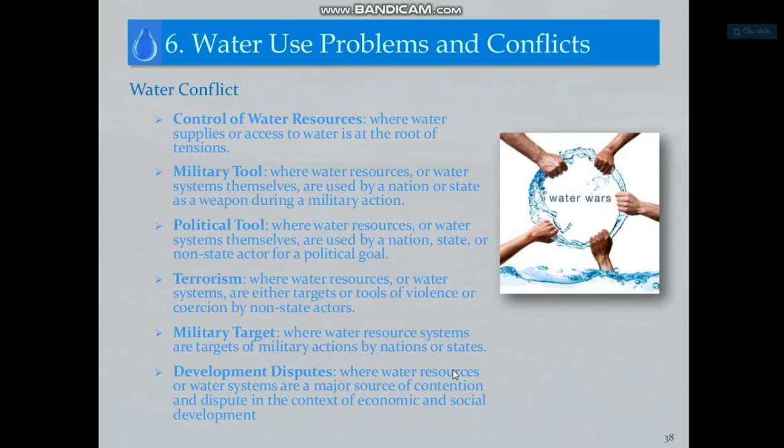Water use problems and conflict. Water conflict: control of water resources, military tool, political tool, terrorism, military target, and developmental dispute. Control of water resources, where water supplies or access to water is at the root of tension. Military tool, where water resources or water systems themselves are used by a nation or state as a weapon during military action. Political tool, where water resources or water systems themselves are used by a nation, state, or non-state actor